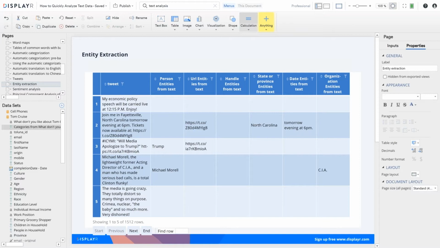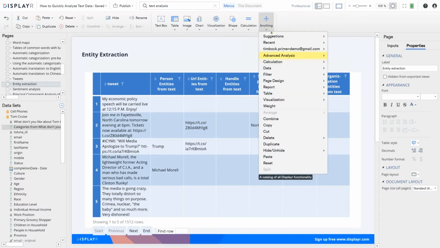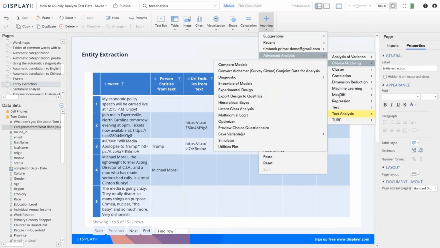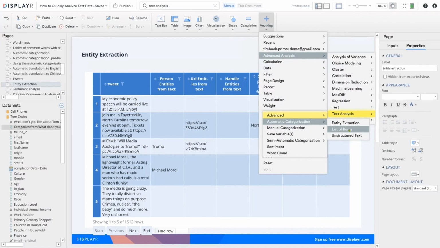The next column just shows any names that could be found. So the algorithm's gone through and tried to work out which text was words and which were names, and pulled them out as a new variable. It's pulled out URL data, geographic data, time-based data, and organizational data. If you want to do this technique, it's in advanced analysis, text analysis, again, automatic categorization, and it sits there